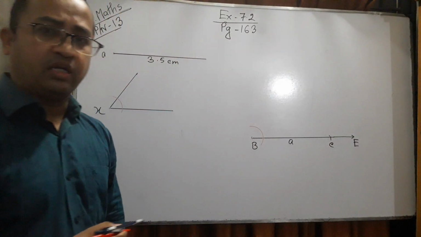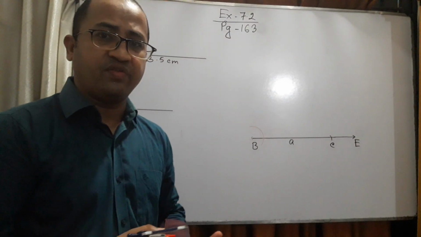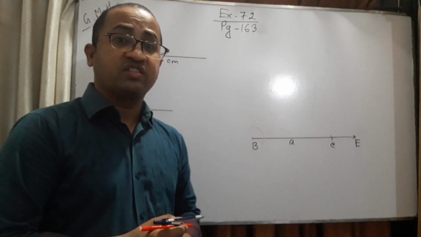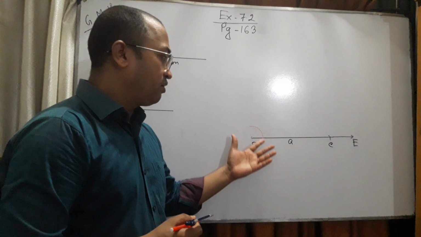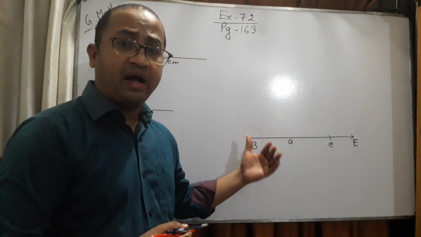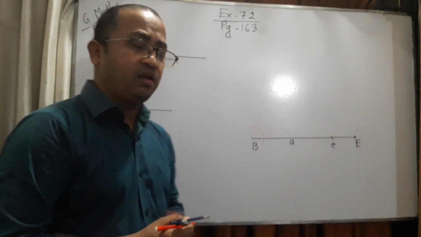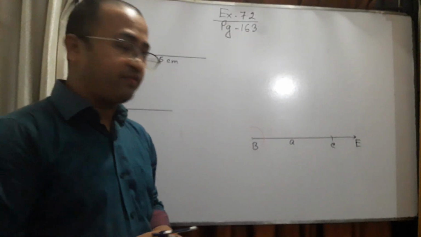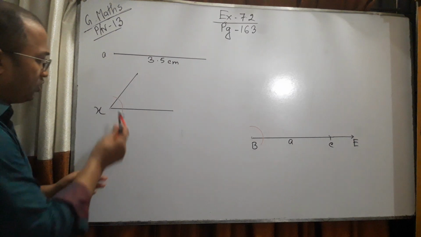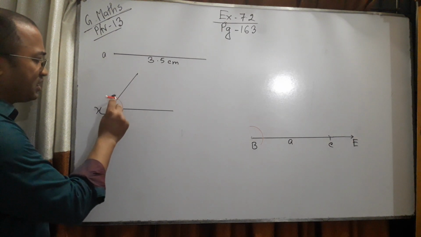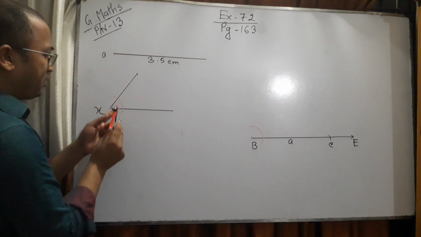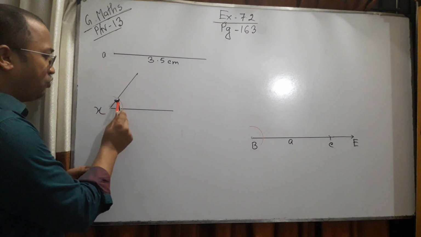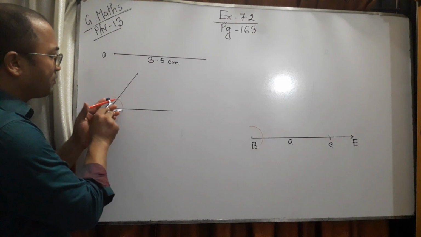We don't mention which point it is, A, B, C, D, because when you write the construction steps, there is no need to mention how you draw an angle equal to an angle. You just say we draw an angle CBF equal to x. That is enough. Now, look, we will take the length between these two points where the arc cuts these two lines.